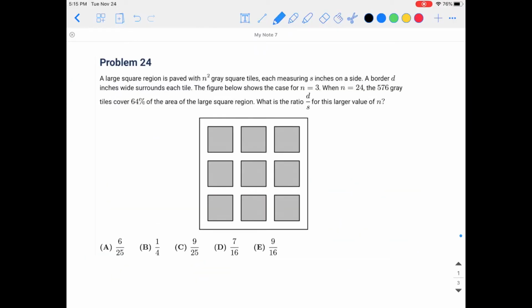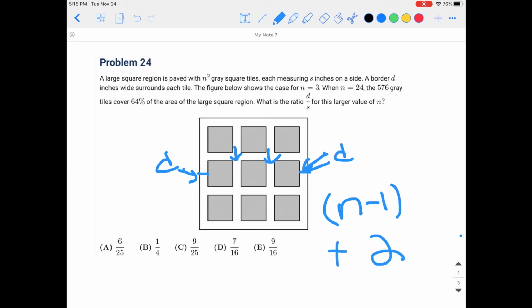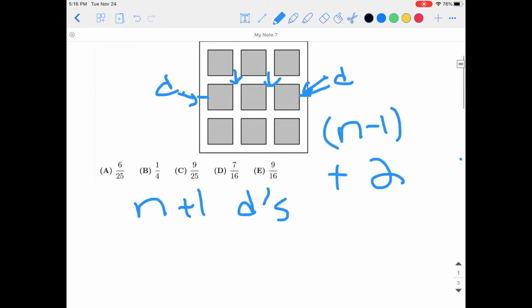To show how there are n plus 1 d distances if there are n gray square tiles, we can look at this diagram given in the problem. We see that there are 2 distances d between the gray squares and the borders, and there's also n minus 1 total d's in between the gray squares. Therefore, our total amount of d's is n minus 1 between the squares, plus the 2 at the borders, so there are a total of n plus 1 d's in this problem. Because n is 24 and there are n plus 1 d's, there are 24 plus 1, which is 25 d's